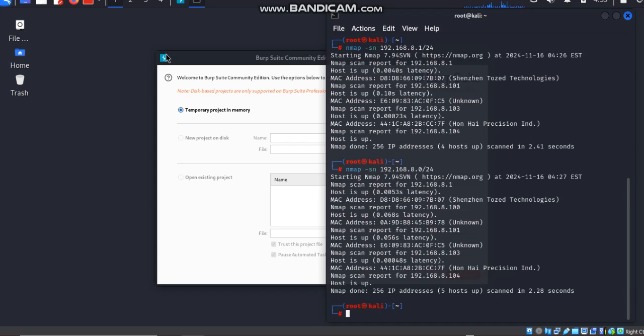Yes, it's Nessus or Nmap, I get you. Nessus can scan a network also. Nikto can also scan a network. And Metasploit can also scan a network.